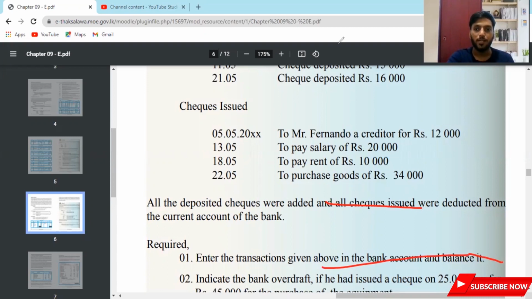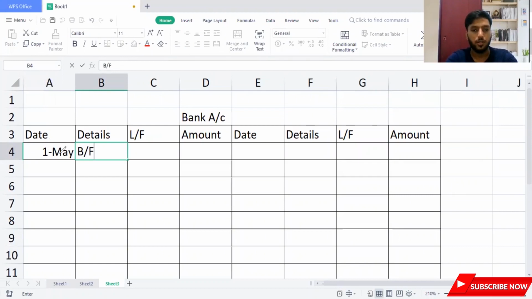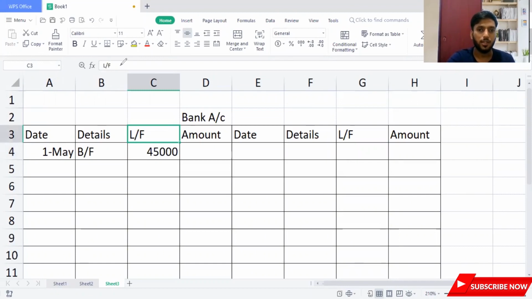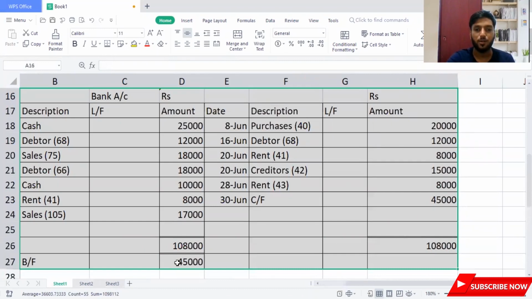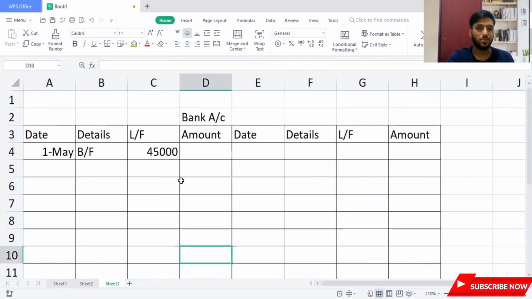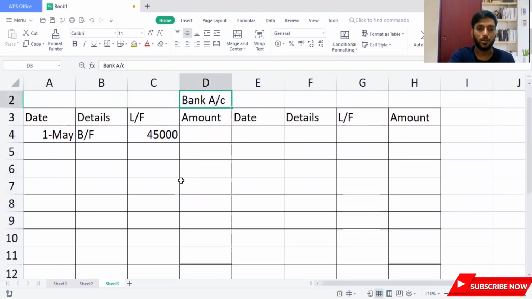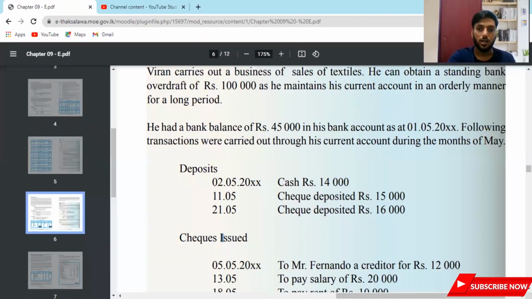First of all, we need to balance the accounts. I'm going to do it together with you guys one by one. Easy. It's a few adjustments which you're going to do. 45,000 is the bank balance he had on the opening day of the month of May. So I'm going to start with 1st May. We had a balance brought forward of 45,000 on the debit side. Did I get 45,000 in the previous sum? Yes, we had a brought forward 45,000 in the first sum. So don't get confused. I just wanted to see where I got this 45,000. So this 45,000 is the balance brought forward on the debit side of the bank balance.